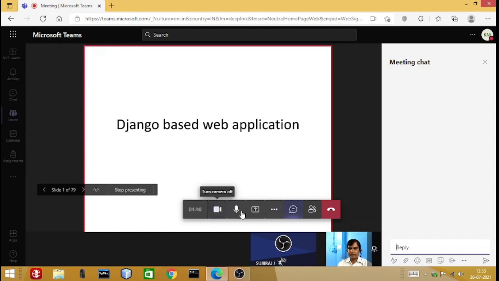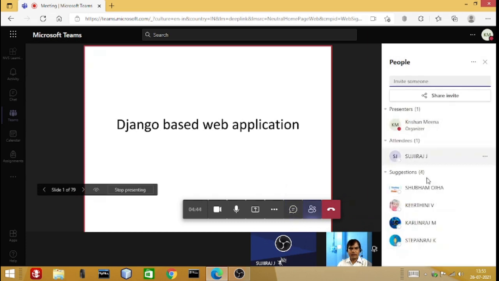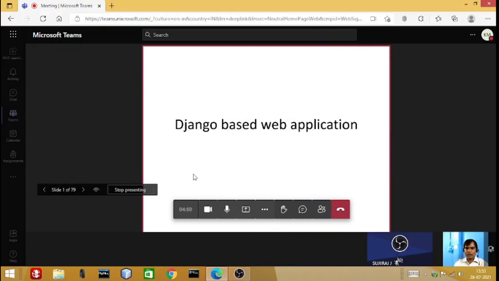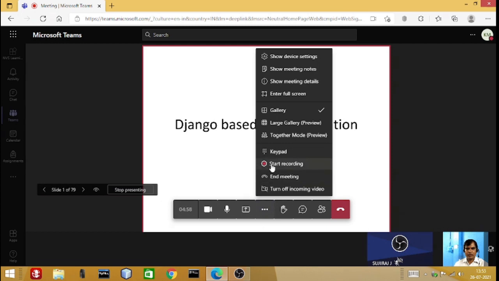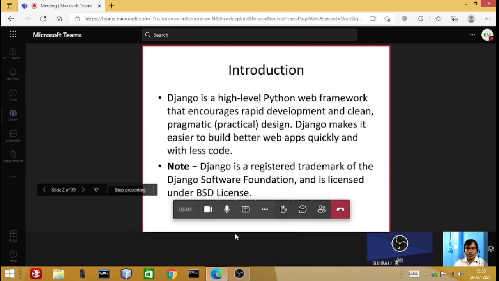You can see the team members who are currently participating in the class. All the options you want you can find here itself. You can start your recording of your class, change the icon, make it full screen, whatever option you want.